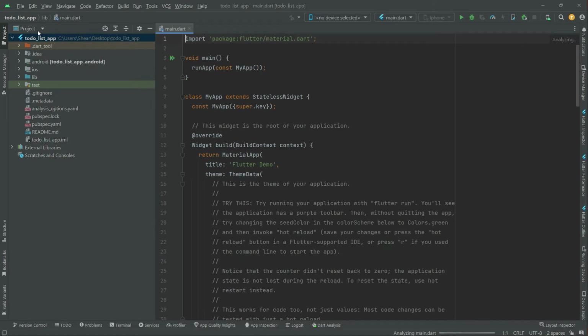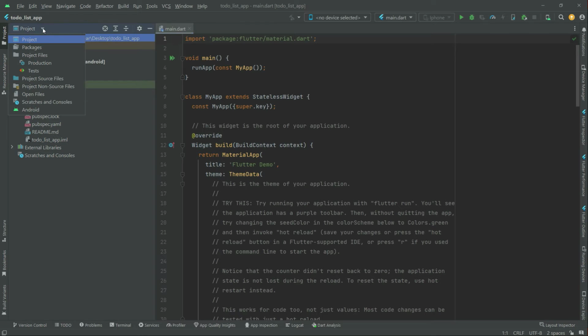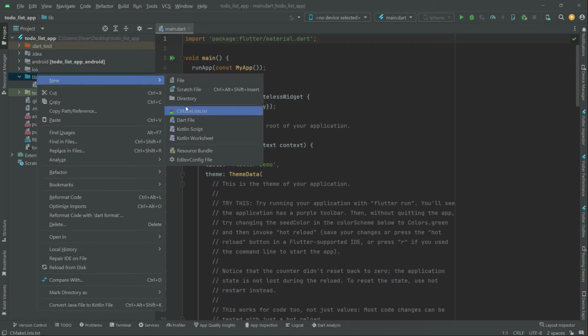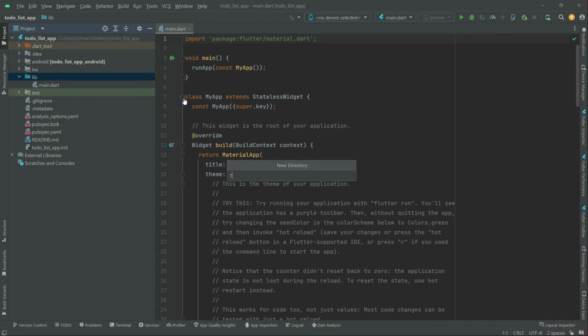Now right in here in Android Studio, first I'll close that readme from here, and in here the project is already selected, as you guys can see. Make sure it must be project in here. Now the next thing that we will do, we will go towards the lib directory, as you guys can see. Take this down. In here first we will create a new directory by the name to-do